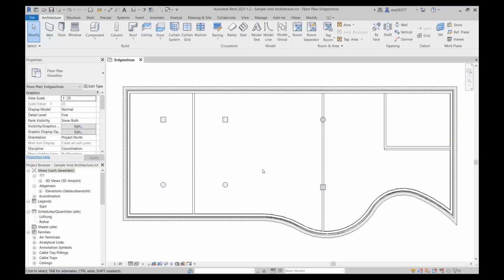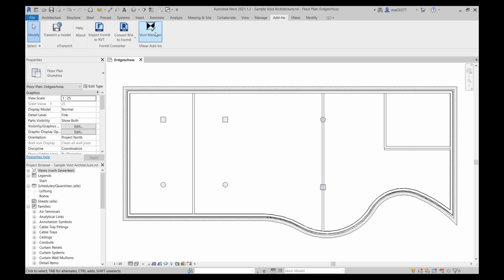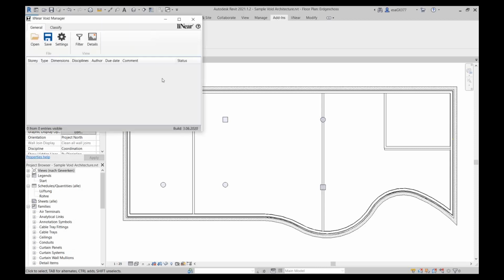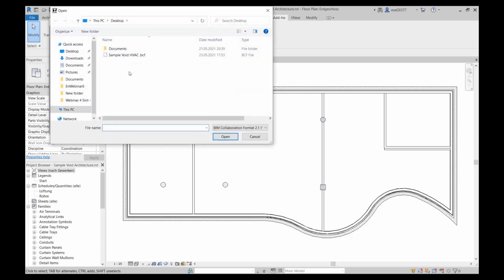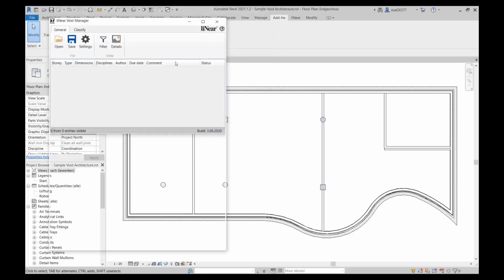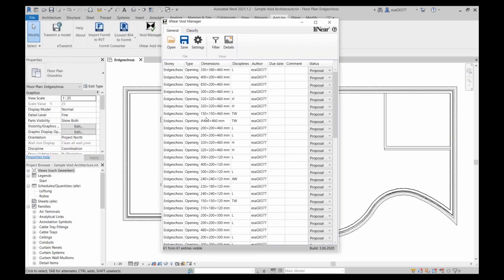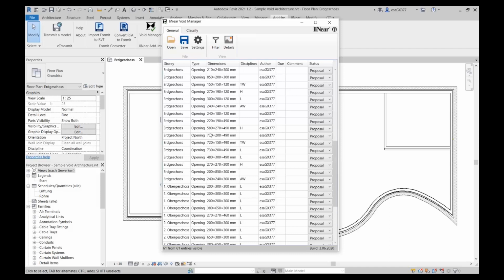Now I opened our architectural project in Revit, and there is no linear, as you see. And here we go to add-ins and open linear void manager. With this add-in, you can only see all proposals that are created by linear. And in here, we will open our BCF file. When we open it, as you see, all of these void proposals are listed right here